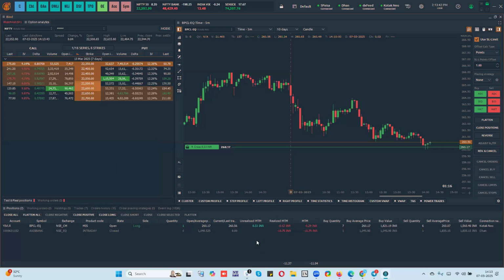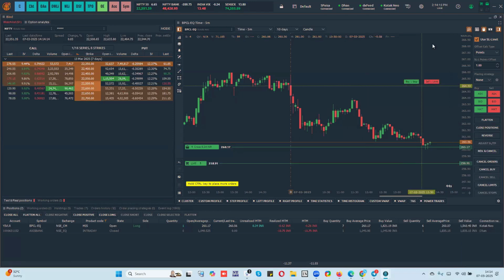Now, if you do it from this particular panel, it is applicable for all your trades across all symbols. Suppose you have two, three brokers connected, and you have trades in different brokers. If you close all positions, it will send close orders for all the brokers. But if you click on a particular chart and close all positions or flatten, it will only do it for that particular symbol.